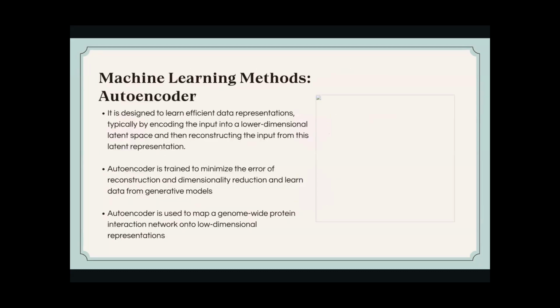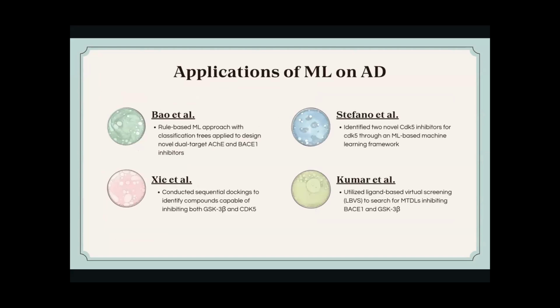Okay, so those are some of the machine learning algorithms that are currently being used in the machine learning aided drug discovery process. And like I said before, there are a lot of studies focusing on ML approaches to find drug candidates for Alzheimer's. And I picked out a couple to talk about here. The first is Bao et al. They used a rule-based ML approach with classification trees applied to design novel dual target ACHE and BACE inhibitors. And those two are proteins and DNA sequences that are believed to have caused or accelerated the progression of